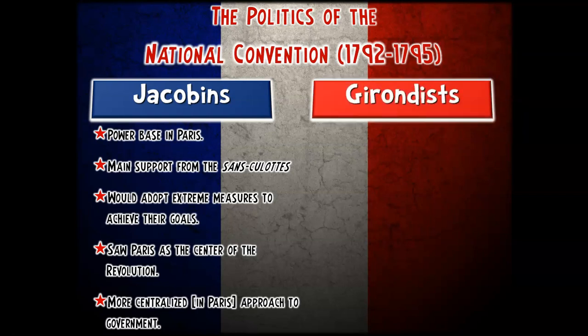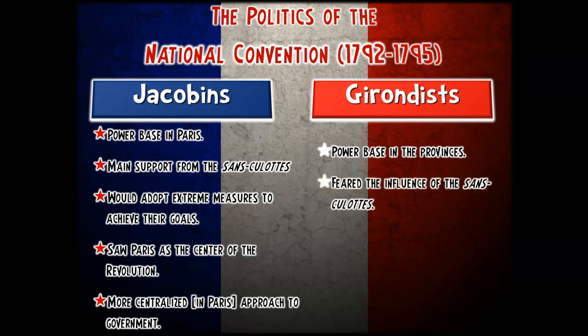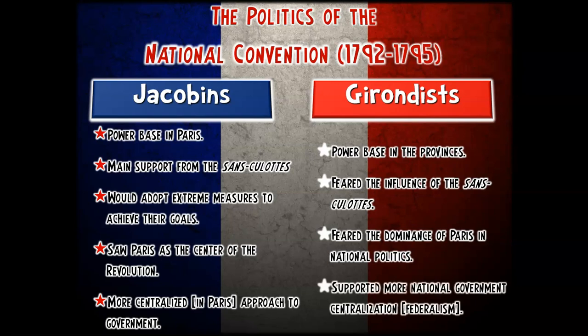Now, the Girondists, their power base was in the provinces, meaning, well, outside of Paris, outside of the big cities. They feared the influence of the sans-culottes. They feared the dominance of Paris in national politics and wanted a more federal form of government. And if you are unfamiliar with the term federalism, federalism is the form of government that we employ in the United States,